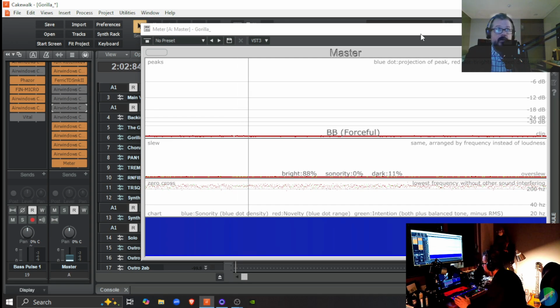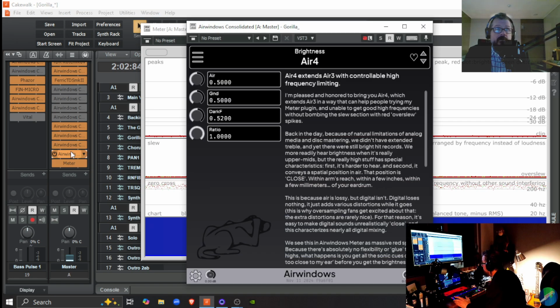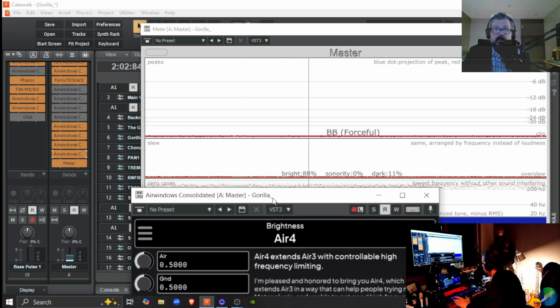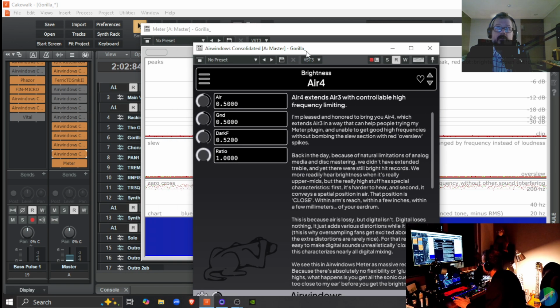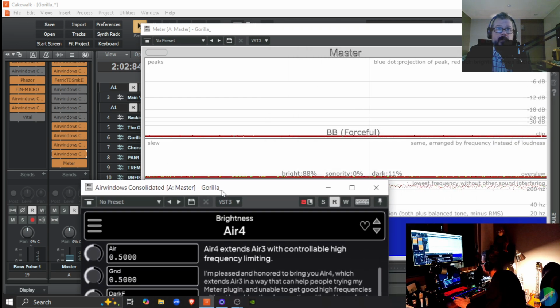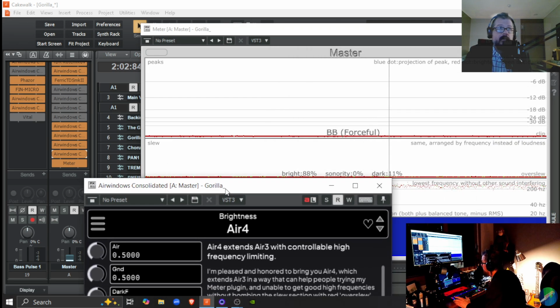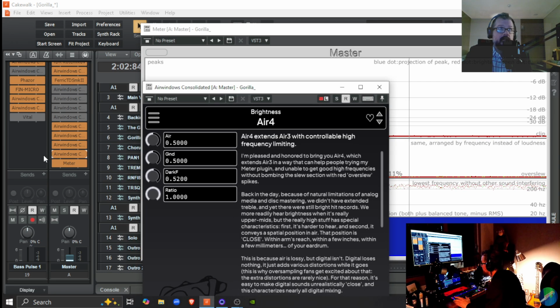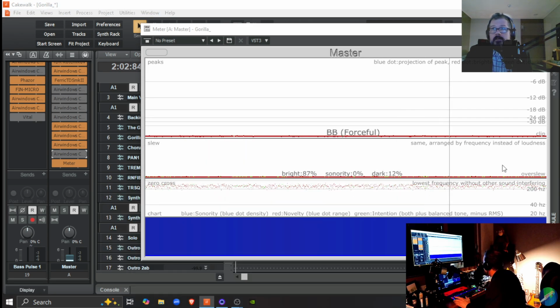The first thing I've done in order to rein in those trebles and prevent ear fatigue is with this thing called Air 4. All right. So when I start playback here with Air 4 bypassed, you see where it says overslew?